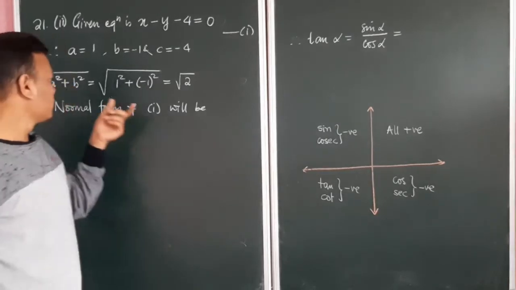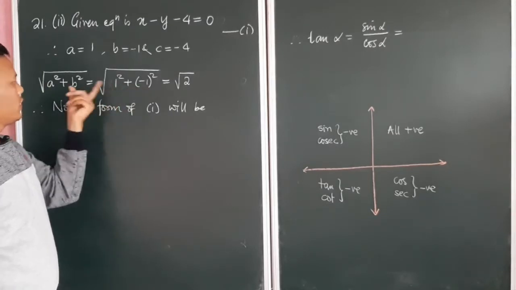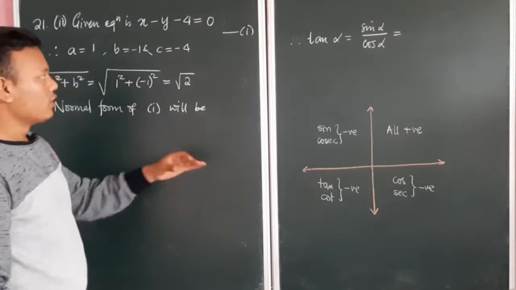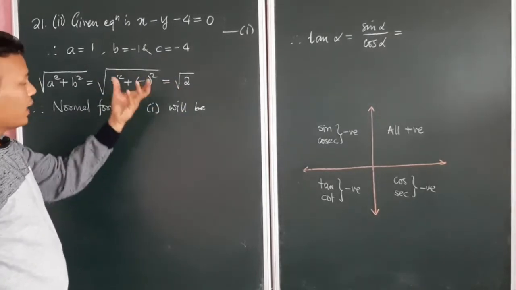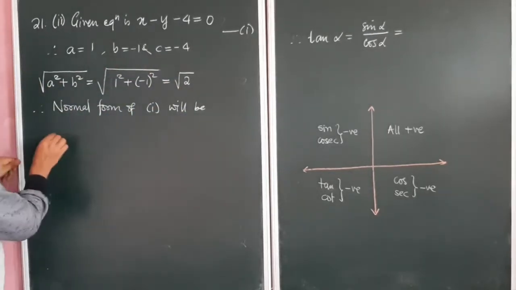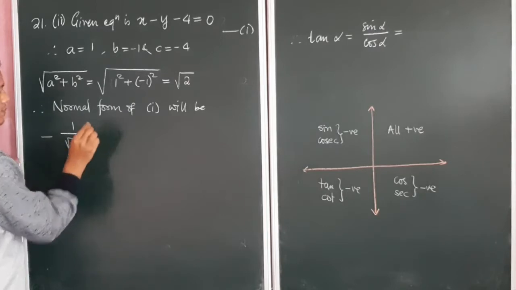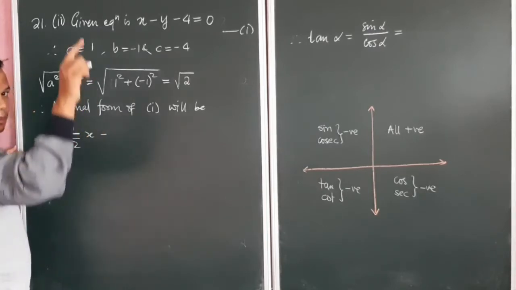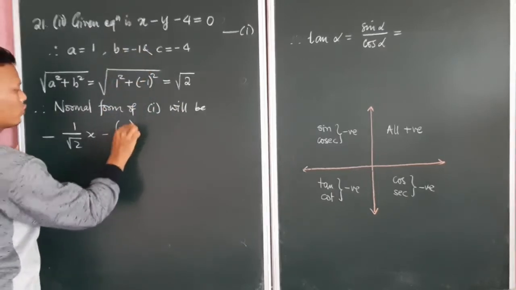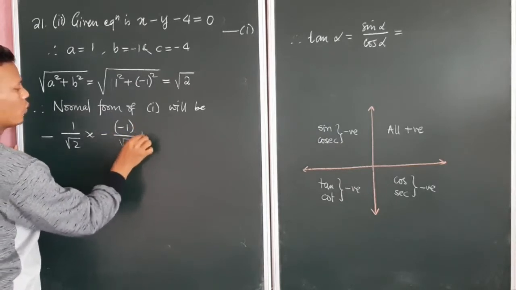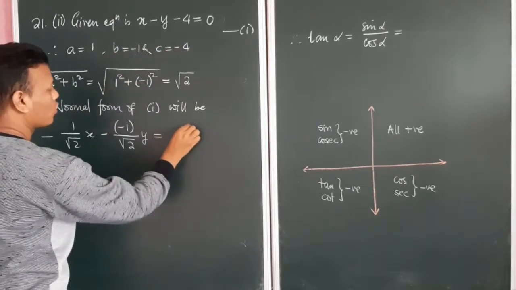So as I said, first we need to calculate the square root of a square plus b square. So a is 1, b is minus 1, so find how much this is, which turns out to be root 2. Therefore the normal form of this equation will be what? Minus a by square root of this. So it will be minus a is 1 by root 2 x, minus b by this, and how much is b? B is minus 1, so minus 1 by root 2 y equal to, next is c, and c is minus 4 by